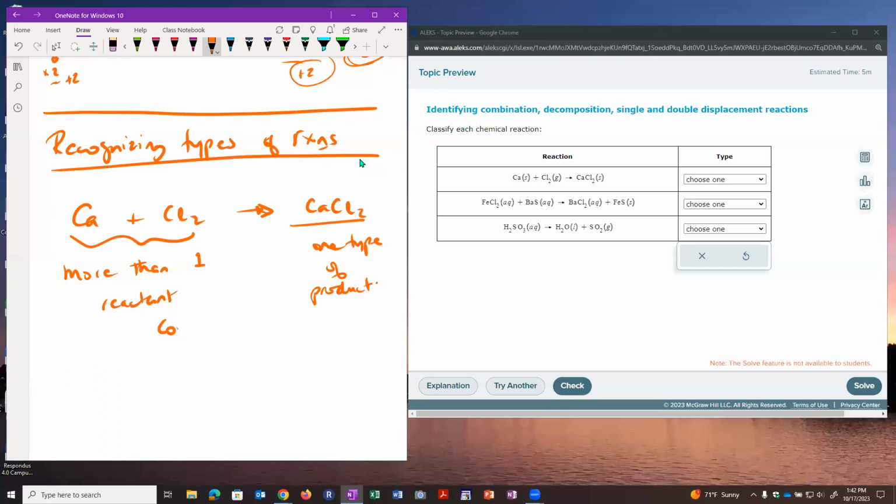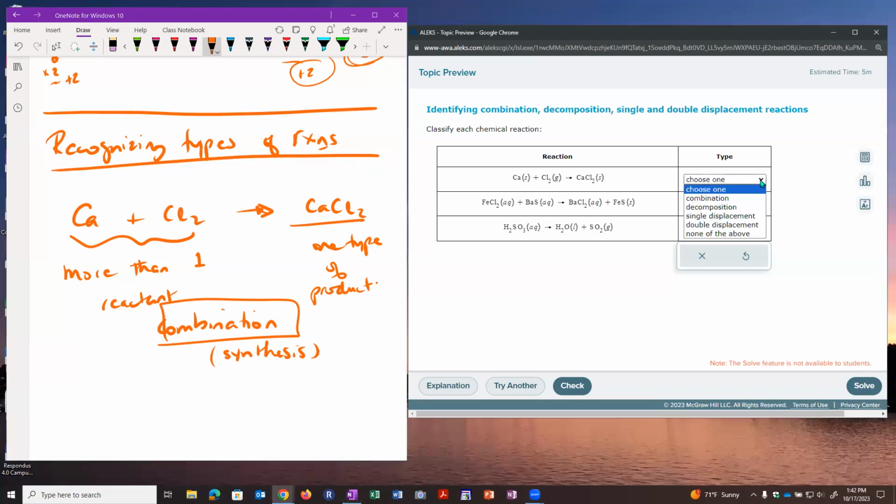They are combining to make one product, one type of product. So this would be an example of a combination, or sometimes it's called a synthesis reaction. Okay, and that's the hallmark: we have more than one reactant combining to make one type of